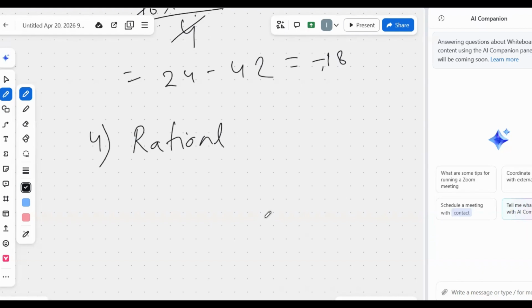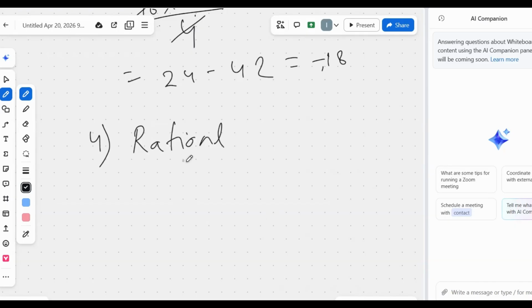Numbers which can be plotted on the number line. Even if it's an irrational number, we can plot it on the number line. Integers, all the numbers can be plotted on the number line. Anyone else? A rational number is a number which can be expressed as P upon Q, where P